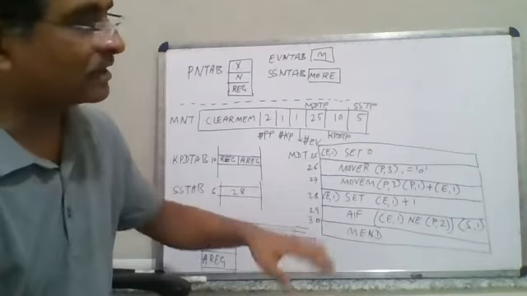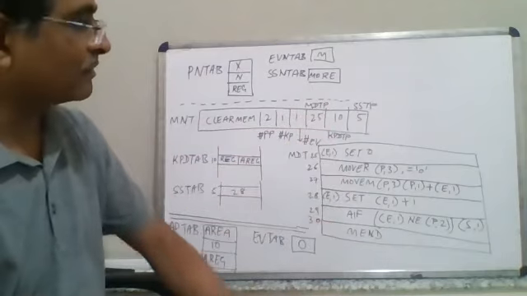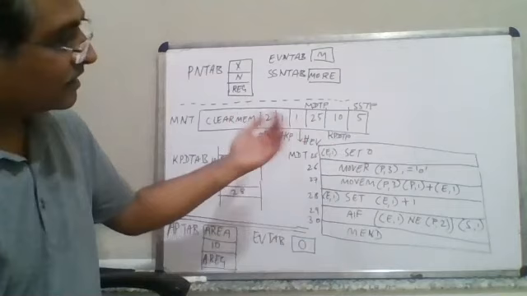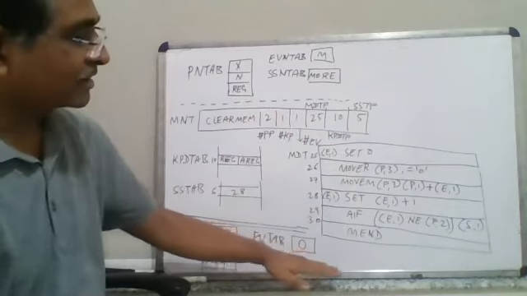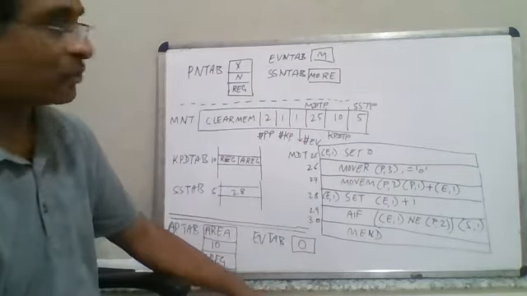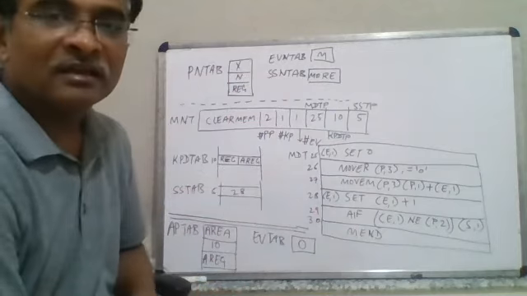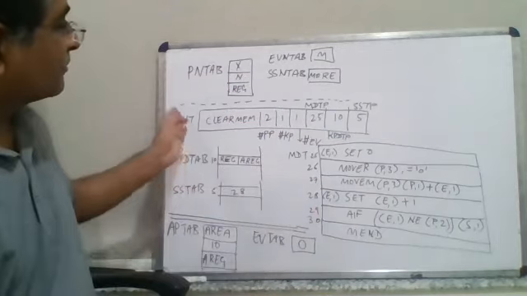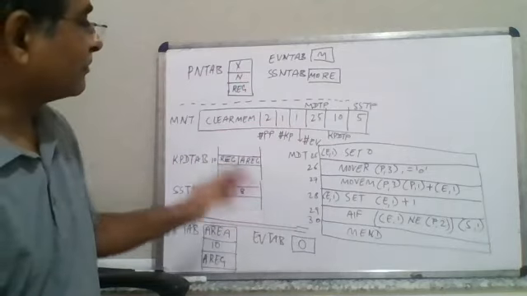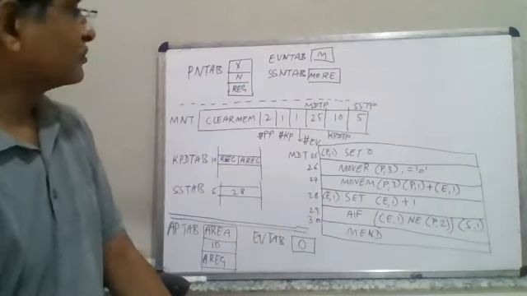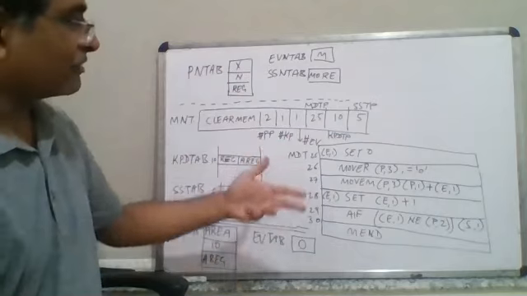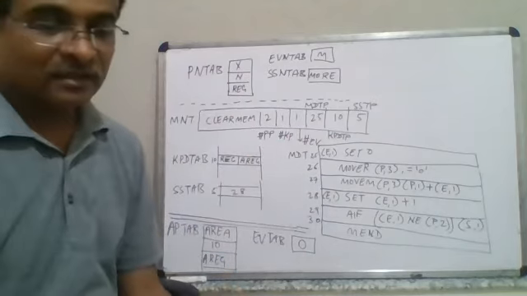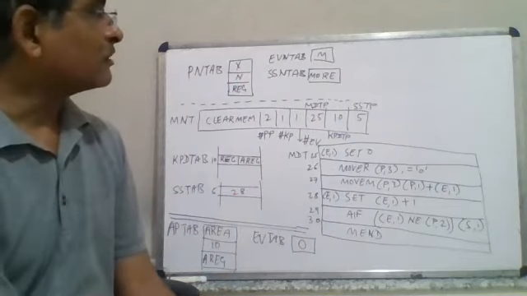So what I'm saying is, if this is for one macro, the entire code for the macro after pre-processing would be maintained inside the MDT table. If there is another macro coming up, it will start its index from 31 and will start storing. Likewise, all the data structures will make sure that multiple macros can be handled in this way. And the MNT table will have another entry inside it. MNT table, I'm saying, right? Macro name table. So multiple macros could be there, and for them the MDT table would be common.